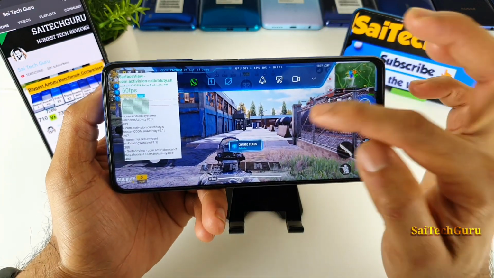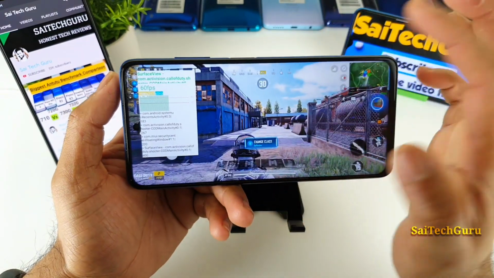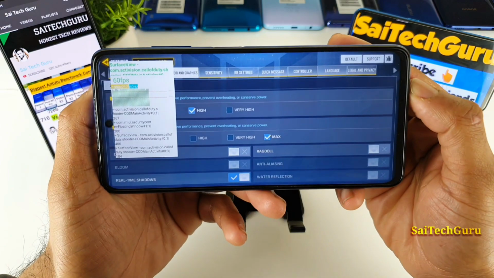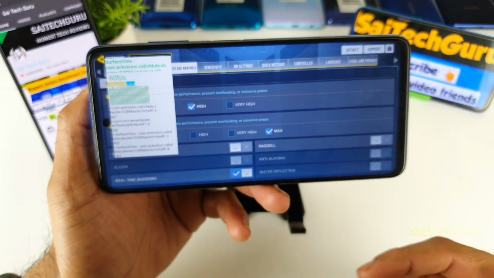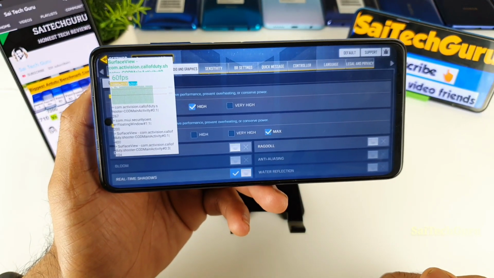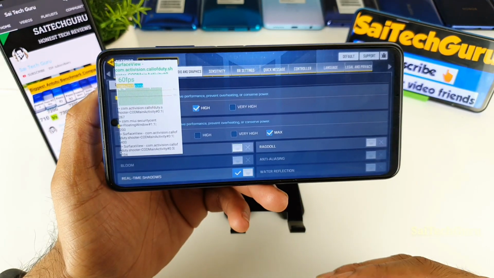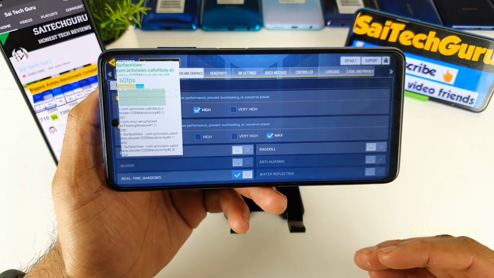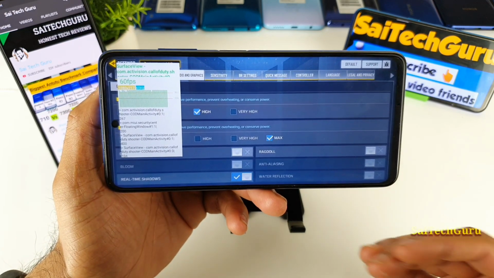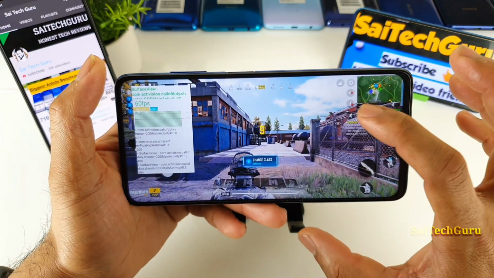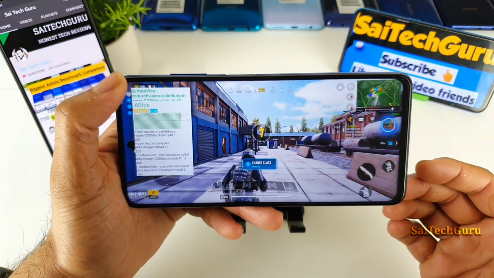So when you select the graphics quality to high and the FPS to the maximum, then you will get the 60 FPS. This is how you can achieve 60 FPS in Call of Duty on the Poco X3 device. If you use the high graphics settings, you will get a much lower FPS count, close to 40 to 45 FPS. If you are concerned about 60 FPS, then this is the way you can achieve it.